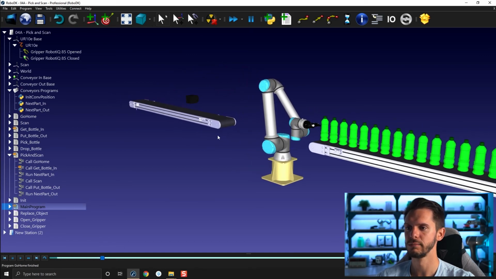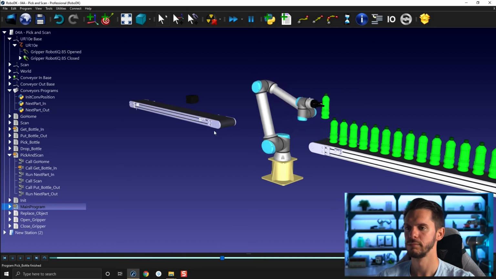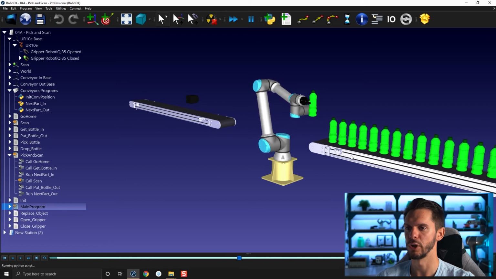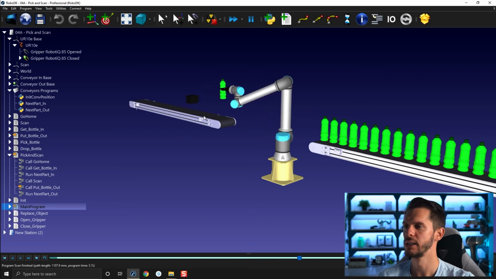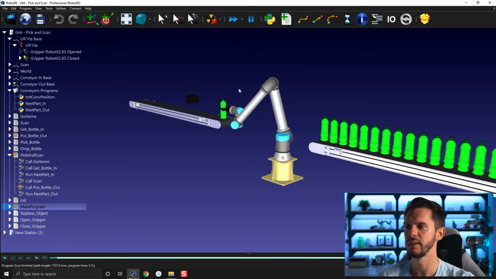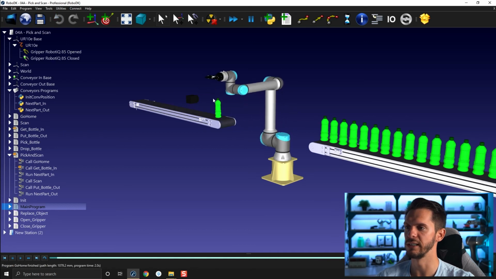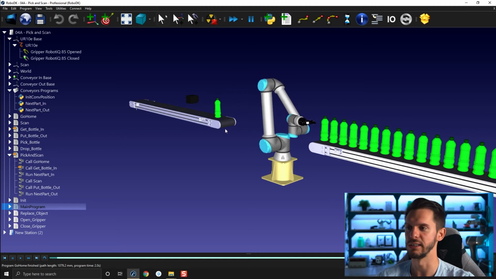Then we move in, pick the bottle, move up, conveyor starts, robot moves to the scan position. We are scanning for a certain amount of time. Then we move down. I might want to increase the speed a bit here. And the bottle will start moving and the robot starts moving at the same time. So both are synchronous at this point.